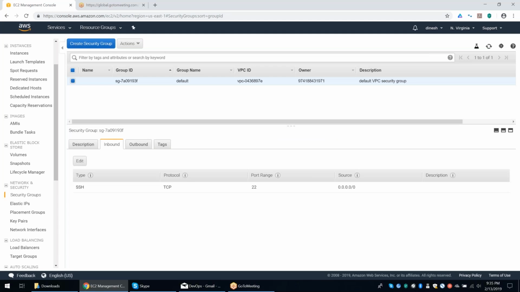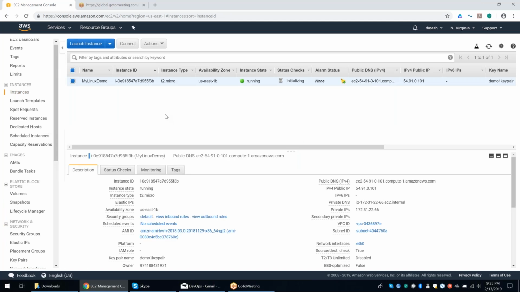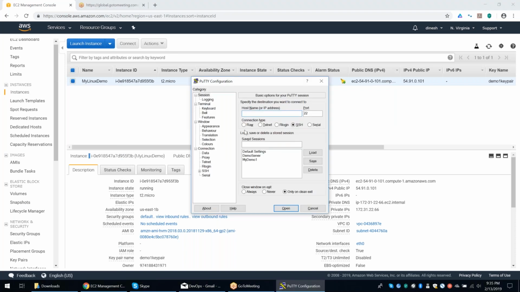So you're saying now I should be able to do it, right? Yeah, now try to access it. You have created everything and done it correctly, but when you try to access, you have restricted access to the server only from that particular security group. Your laptop is not part of that security group. That's the reason you are not able to access.